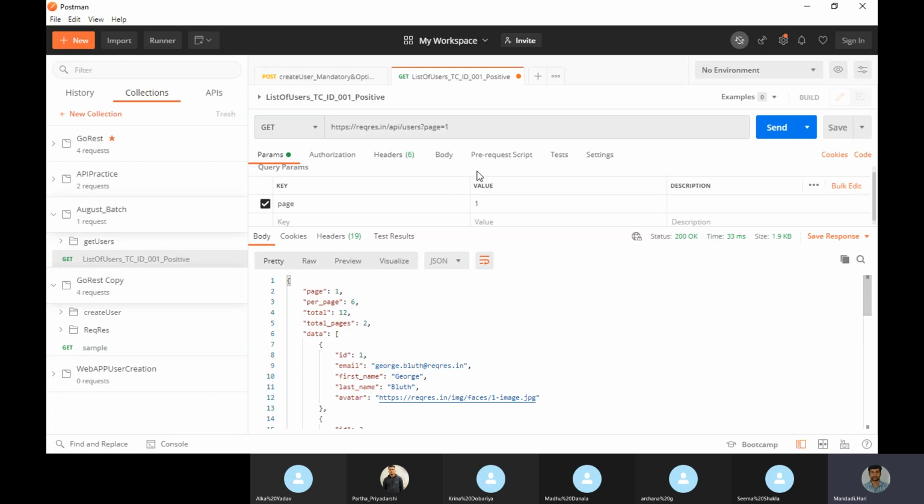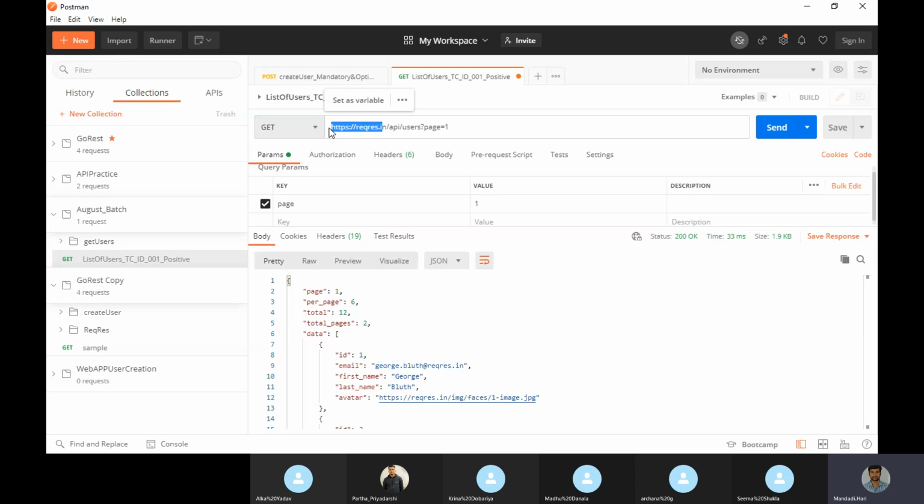Now we are getting the positive case, this one, and my 200. Now I wanted to do something else here also. My entire project is going to use this URL. So why don't we pass it from the environment variables?